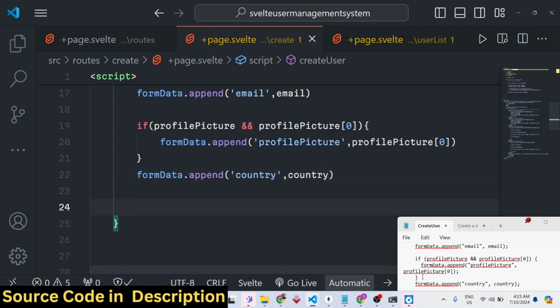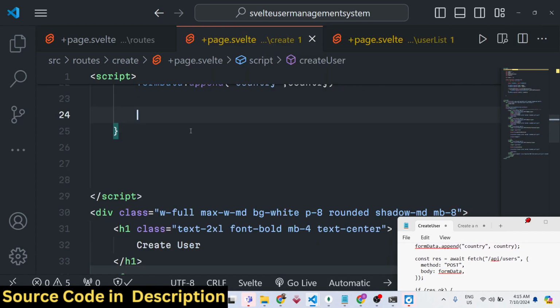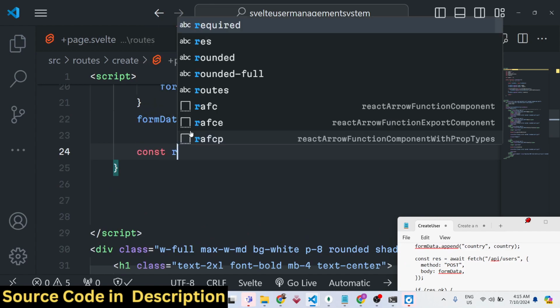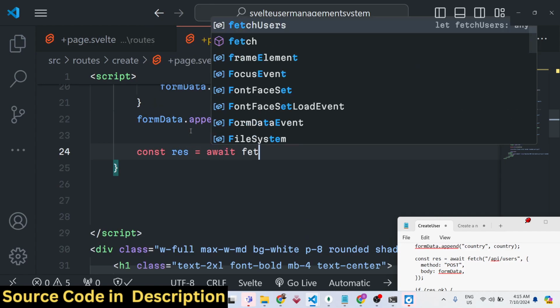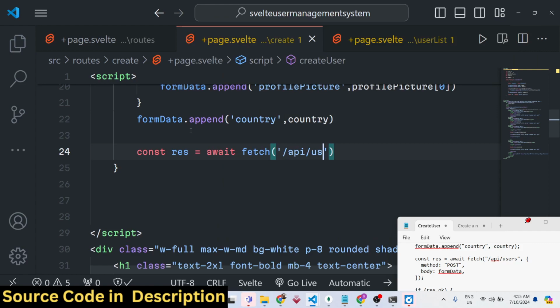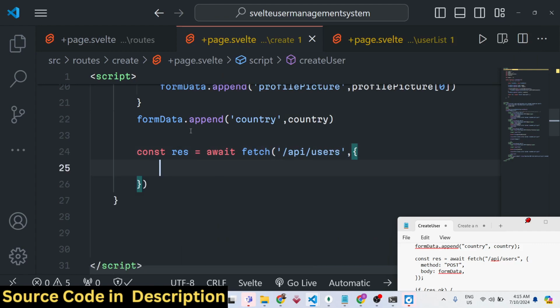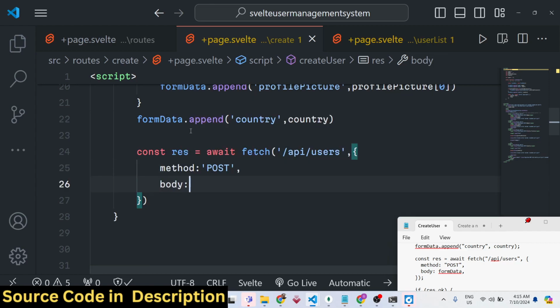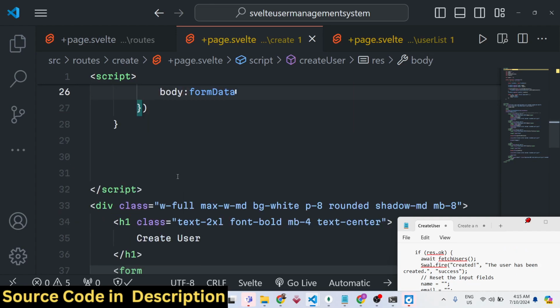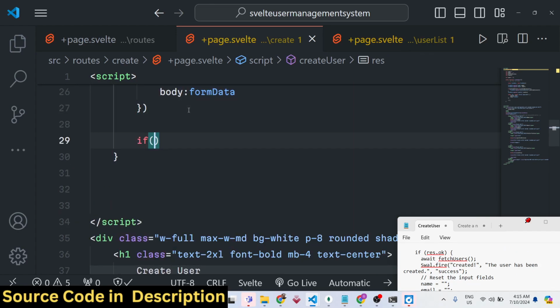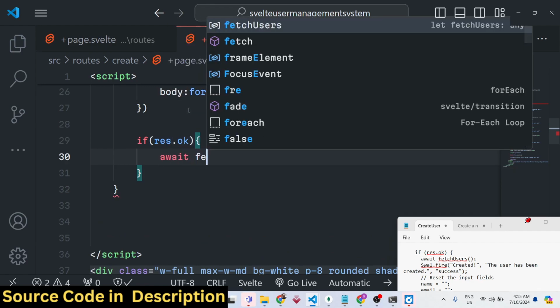After you do this, you need to make a simple request to the backend API. We will say await fetch again to the same route /API/users. This time we will be passing the method to be post, and the body will be simply the whole form data object. If the request is successful, once again we'll be getting this response.ok, and here we'll be calling this function